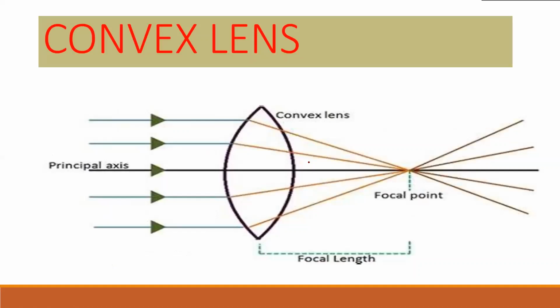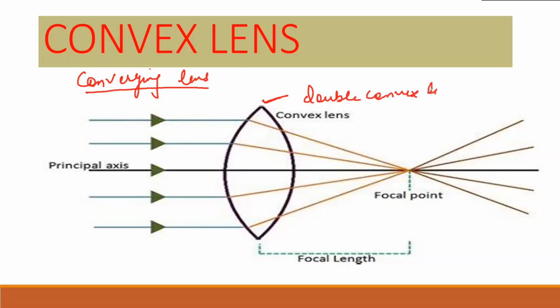Next, we have to do convex lens in detail. Okay, we have to study convex lens in detail. So, the other name of convex lens is converging lens. It is called by name as converging lens. Why it is called by name as converging lens? Because you can see here, this is a convex lens which you have just now called double convex lens. In our daily language, we can call it simple convex lens also.